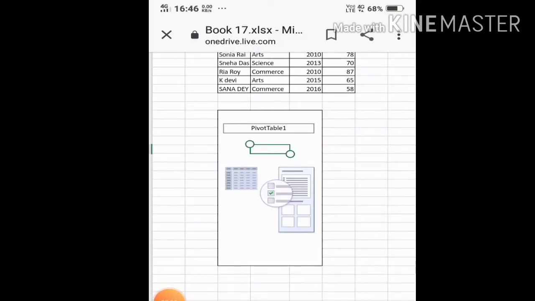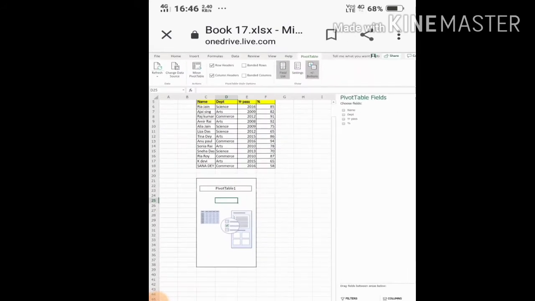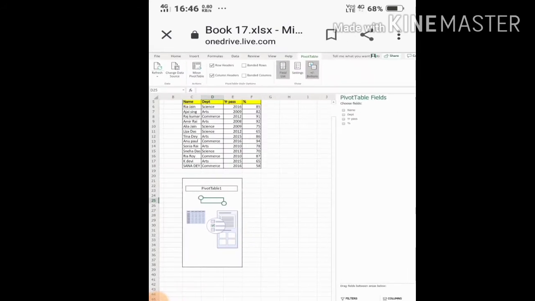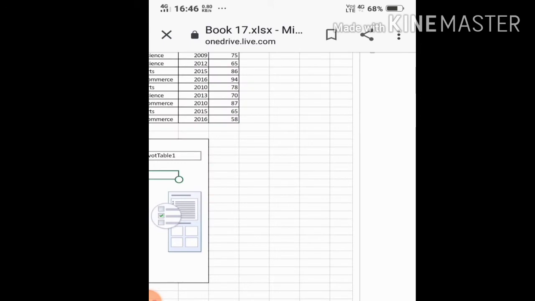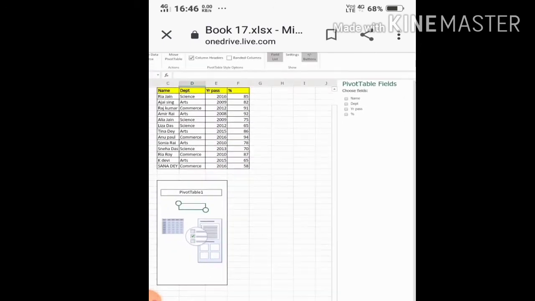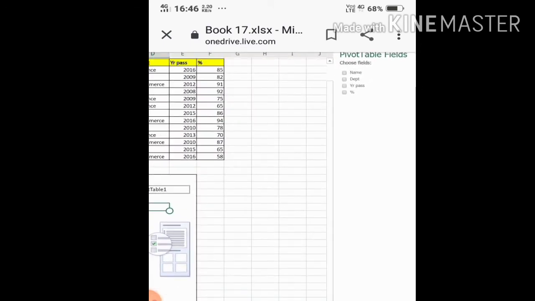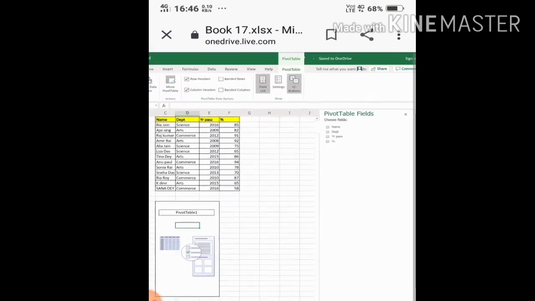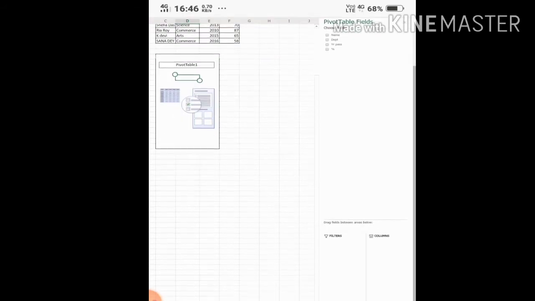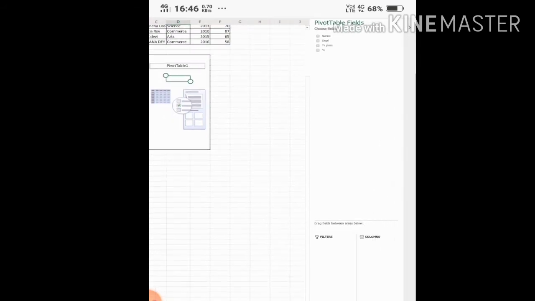When you click on this, see here, the pivot table fields have appeared on the right hand side. My fields are name, department, year of passing and pass percentage. And in the lower portion, 4 sections are there: filter, column, rows and values.